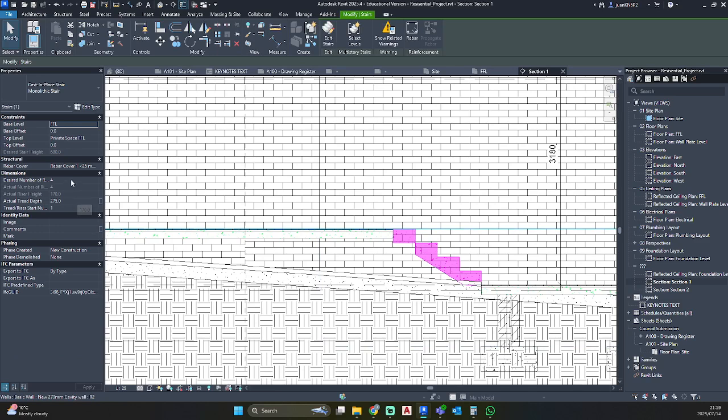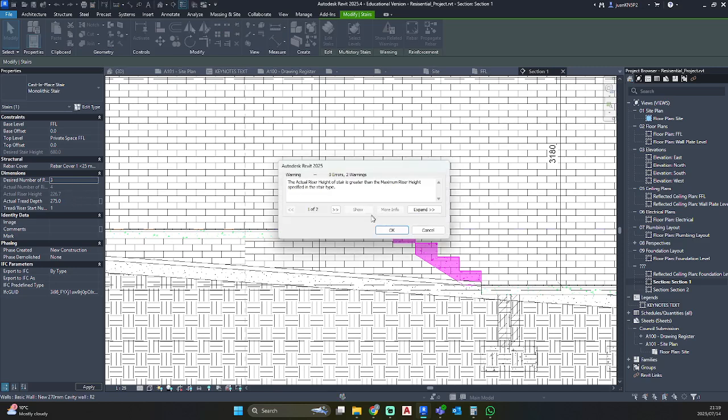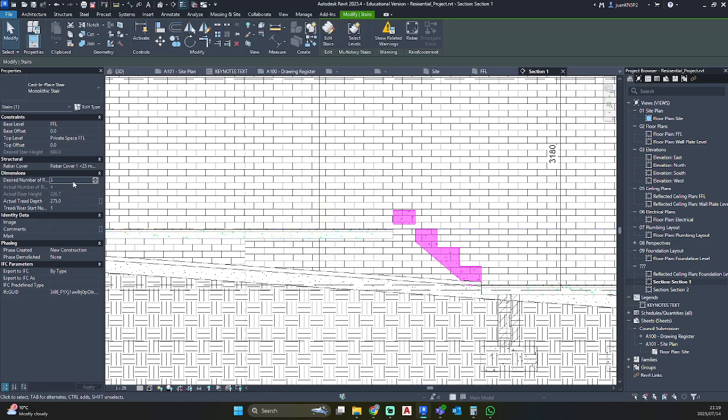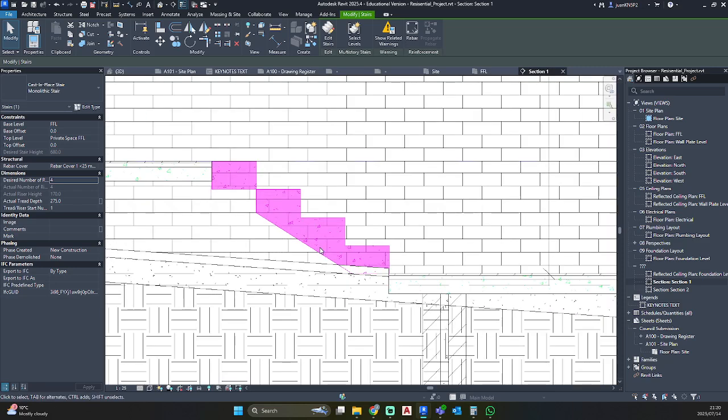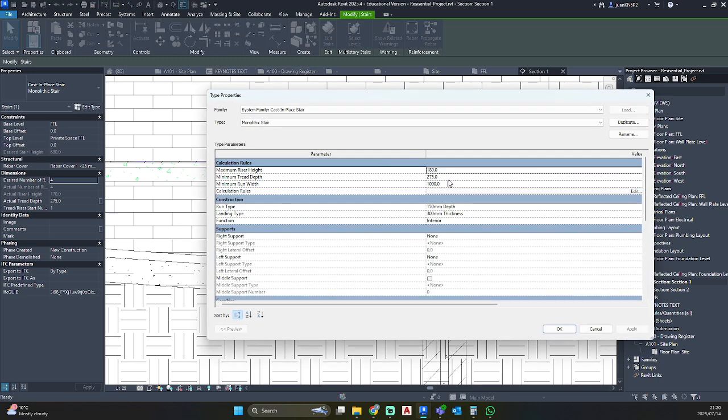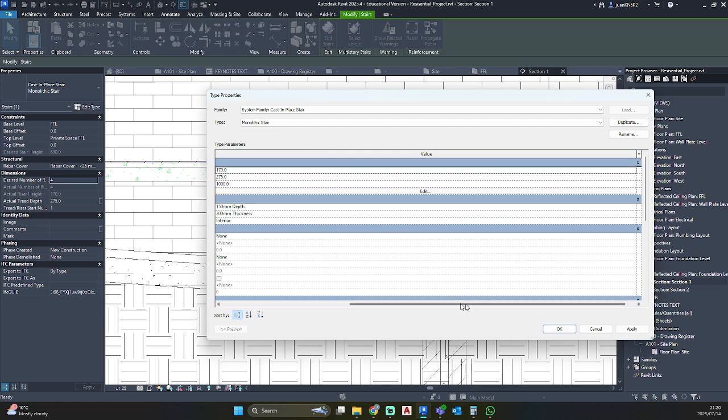Something is feeling off for me. So I don't know why it is not creating a nice staircase at the moment. Check if some setting, that should be 170.